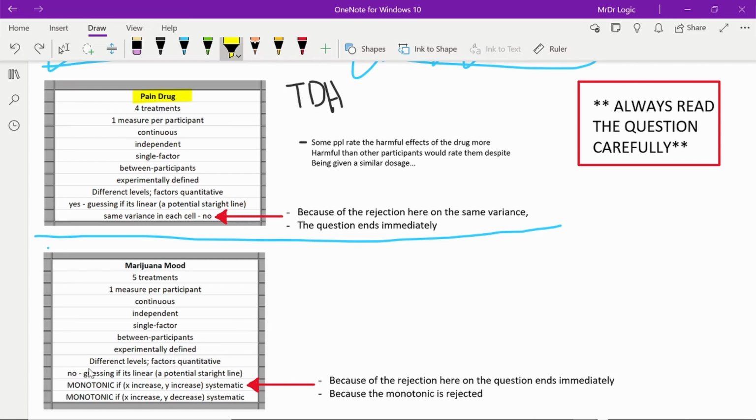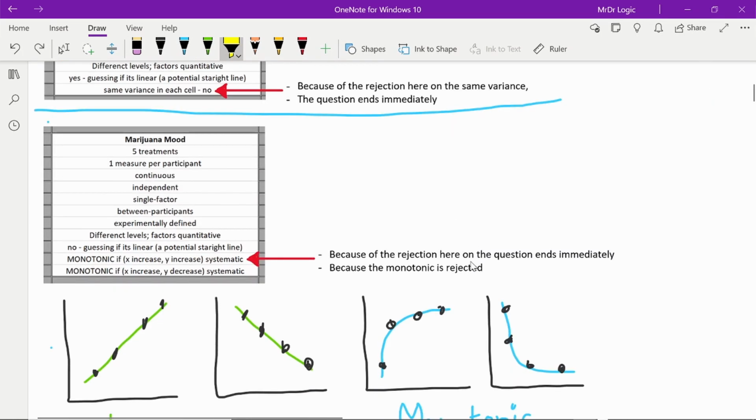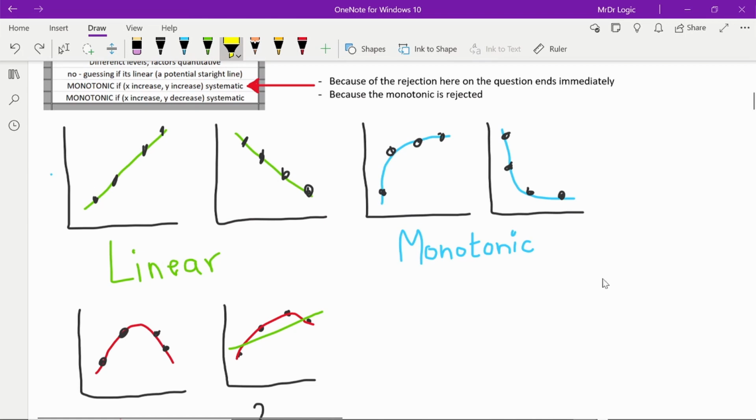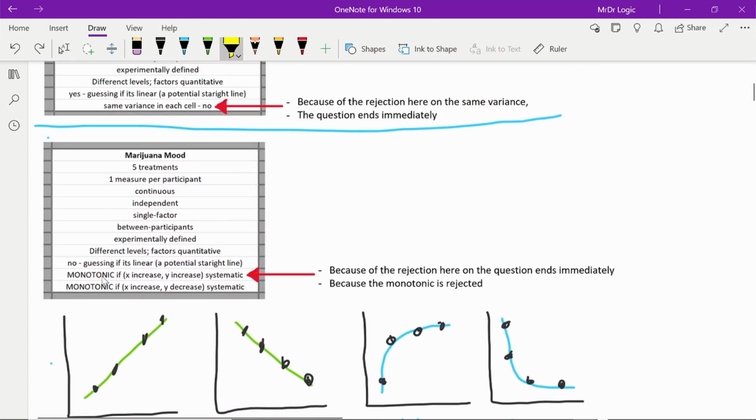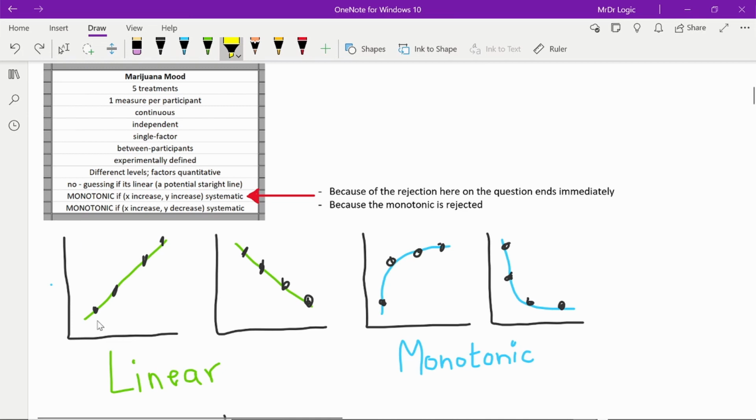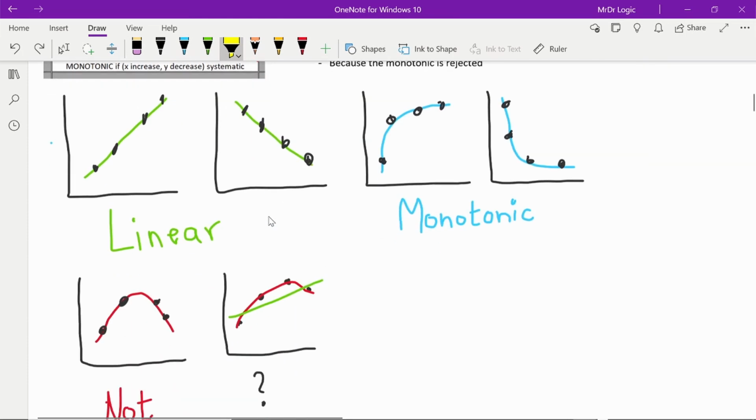Okay, let's immediately explain what monotonic is and what we mean by this. Below you already saw the graphs, which try to explain what monotonic and linear are. Monotonic is essentially the sense that as x continues to increase, y either increases or decreases in a linear or monotonic fashion. They call it monotonic, but essentially if it looks like a log function or an exponential function, this is what they're talking about. And from time to time you will see a parabola,